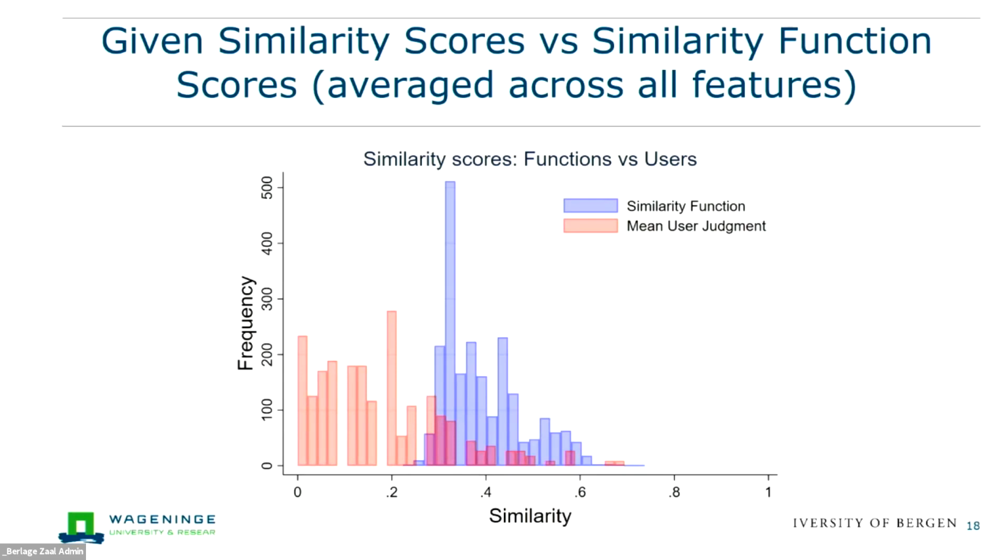In the dark purple, you can see the similarity scores for the overall similarity functions versus the user judgments. Participants had a relatively hard time judging, or they didn't really see a lot of similar news articles in their perception, because the scores were quite low, and you can already see there is a bit of a disconnect here. We didn't expect quite high scores, and perhaps it was a bit hard to judge whether two news articles are similar.